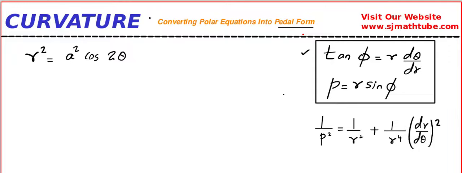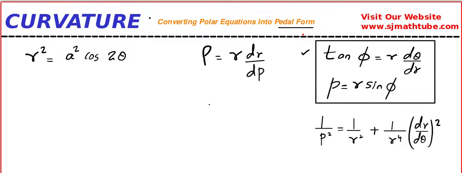Okay, now another thing, you might be wondering why we are converting these equations into pedal form. You remember, pedal form means we write the equations in the form of the distance from the origin to the point and the distance from origin to tangent. So p comma r. Do you remember we learned radius of curvature in Cartesian form? We learned radius of curvature in polar form. Now radius of curvature in pedal form is given by r dr by dp.